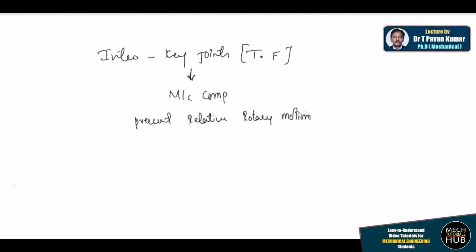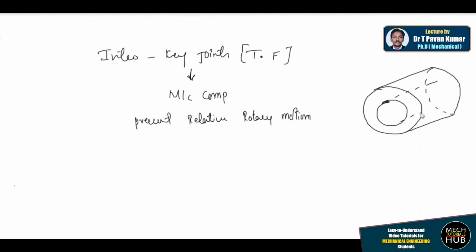Between two elements. I will try to draw a simple sketch for that. Let us consider this as the hub portion. The hub is nothing but a hollow component or element. Let us say this hub has a length, and there is a hollow section inside. A circular hole is drilled from one side to the other. Other than this, there is a keyway provided inside, meaning a groove is cut